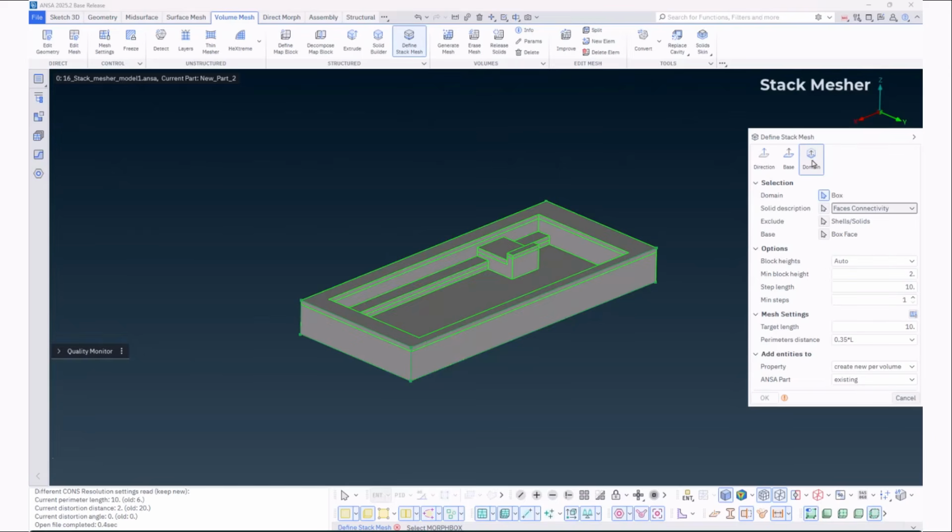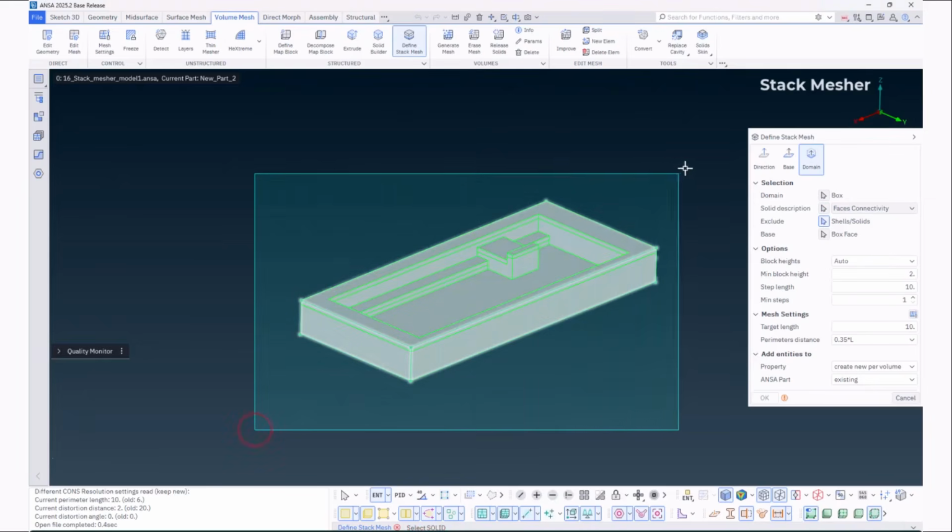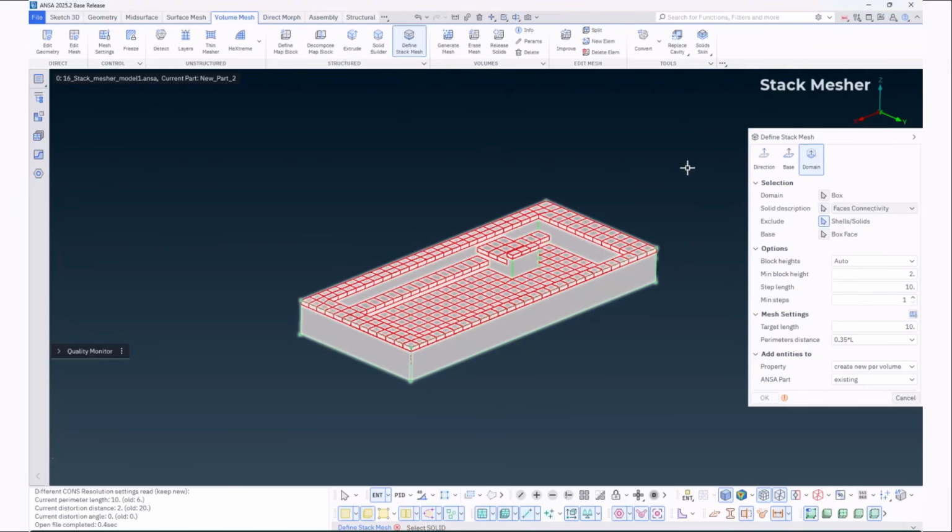This has been introduced to provide the ability to mesh domain boxes that will be filled with mesh inside. This is essential for when meshing battery frames that contain material such as foam. The procedure is similar to the other two, except for the first step, which is the definition of a domain box.